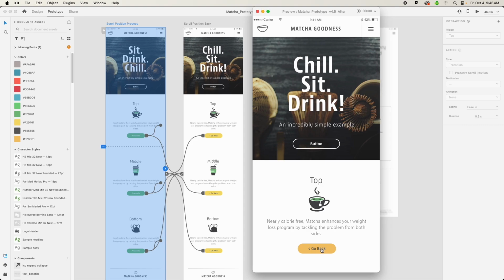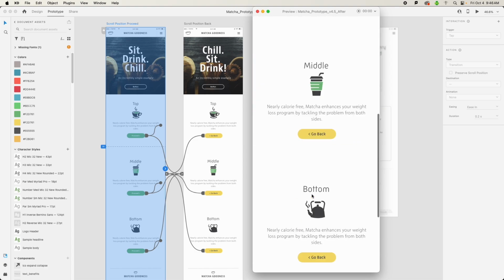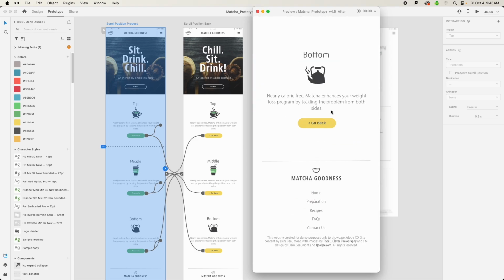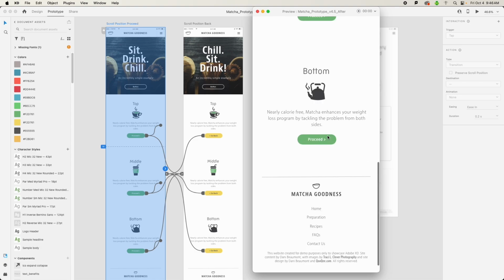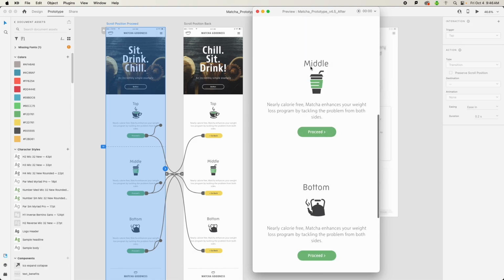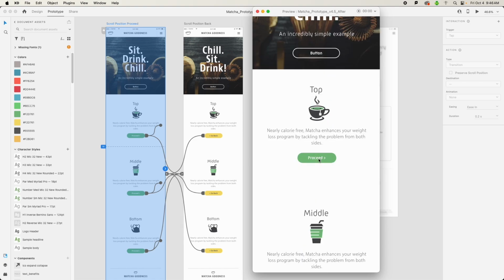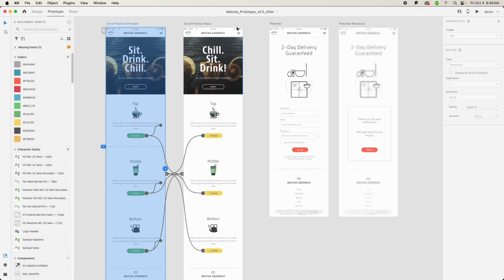Proceed, and notice that this changes a little bit. So everything is remaining nice and static. Let me go here. I scrolled all the way to the bottom, and when I click, it's pretty seamless. I notice it's off by 1 pixel. When I go over here to middle, when I go over here to top, it's working by taking me over from this page to this page, and